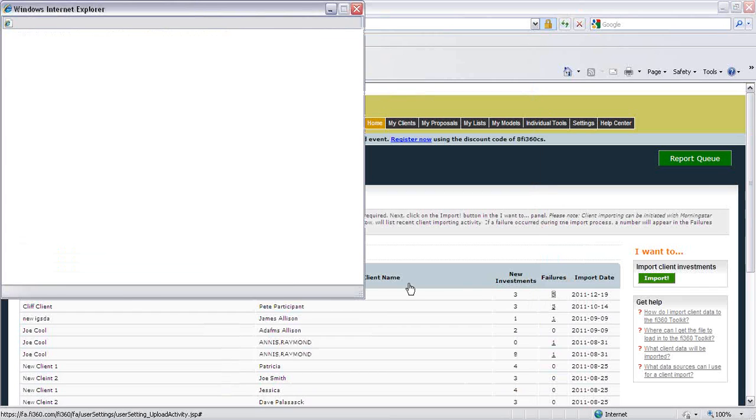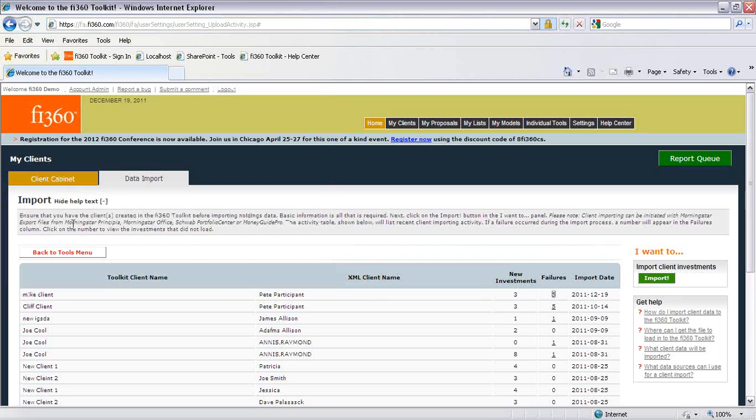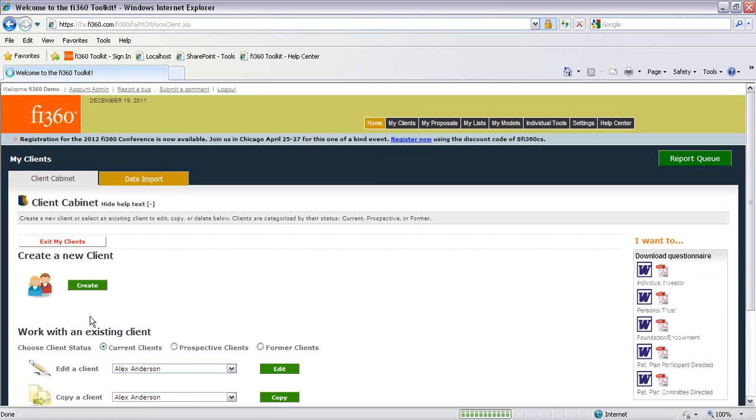So I had a couple failures in there. Let's see what those are. So a couple bad tickers in there. I think that was one of my test files, so I apologize for not getting something that's a little more relevant to what you would typically see. But these 3 investments that I pulled in from that file, if I go into my client now,